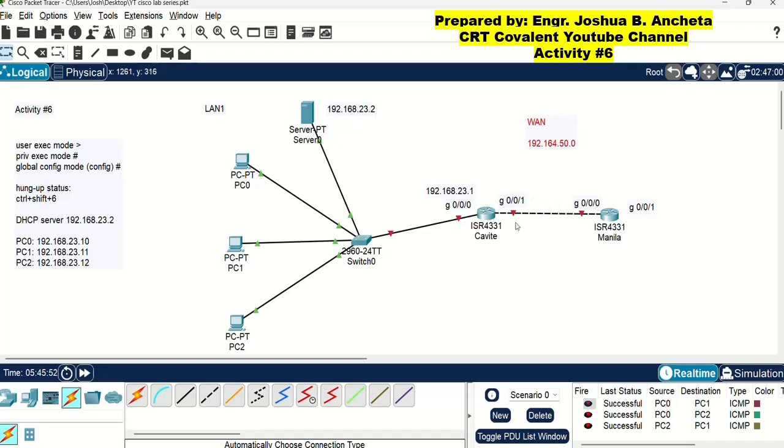So therefore, we can assign IP address to Cavite router G001 port as 192.168.50.1. And for Manila router G000, we can assign 192.168.50.2.